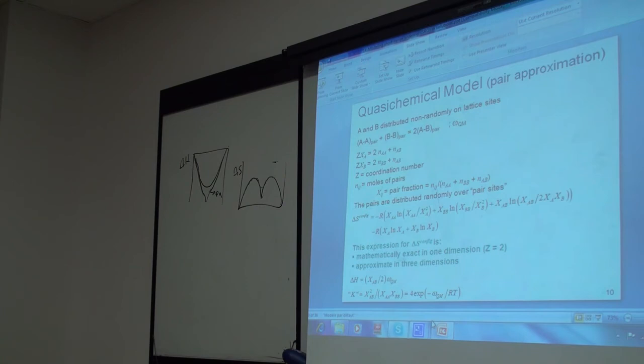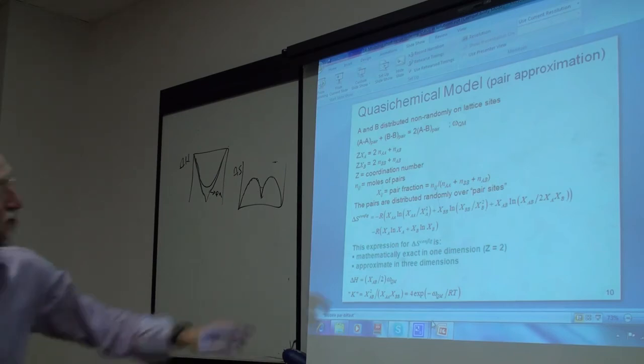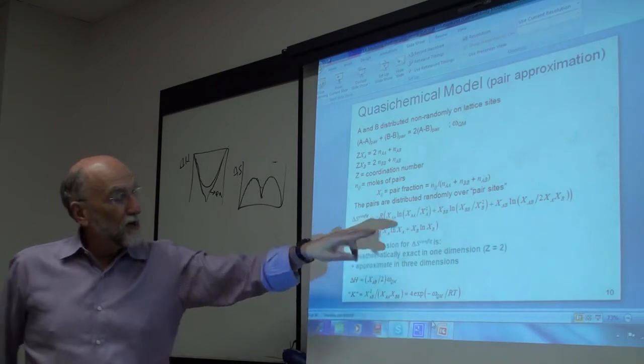Every atom has Z bonds around it, so there are lots of places. If Z equals 12, you have 6 places. If Z equals 12, you have 12 places around every central atom to put your bond. So although the number of moles of A plus B remains 1, the number of moles of